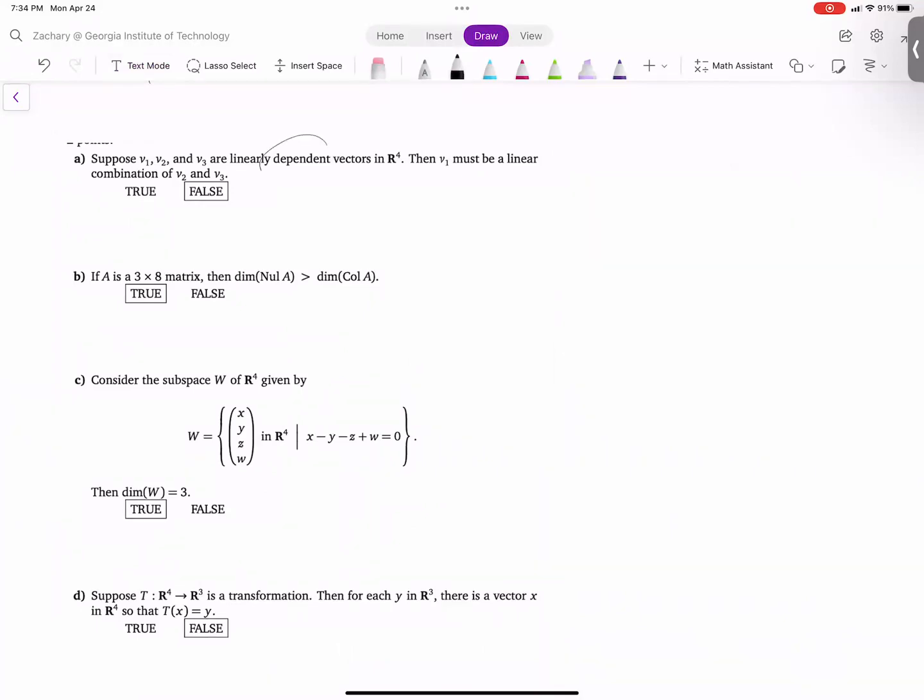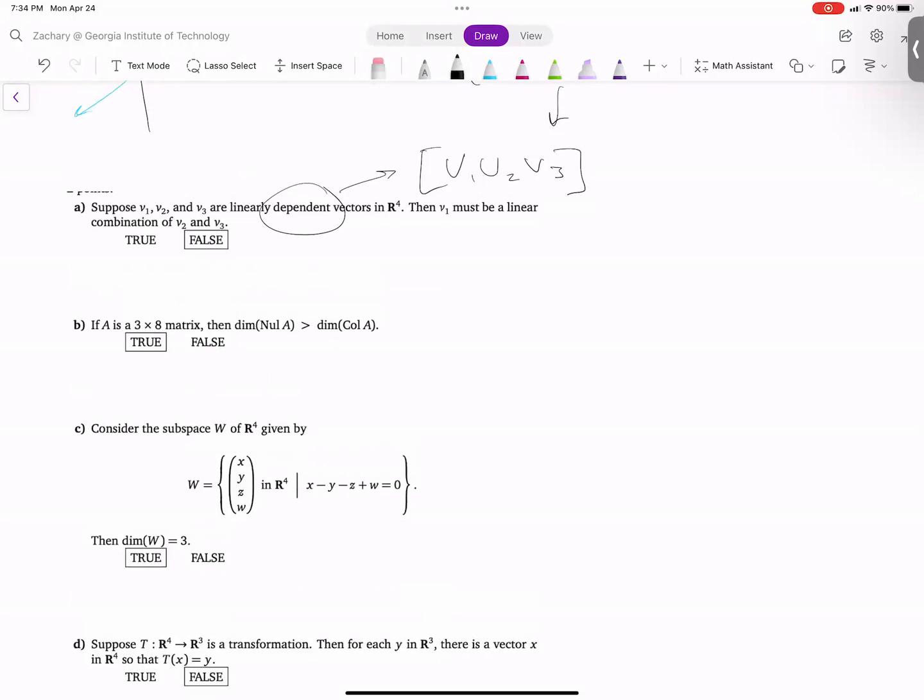If they're dependent, what does that mean that v1, v2, v3 has? If they're a dependent set of vectors, what do they have in their matrix? Yes, one of them is a multiple of the other two. What does that mean in terms of pivots? There is one missing. We have a free variable, okay? So this has at least